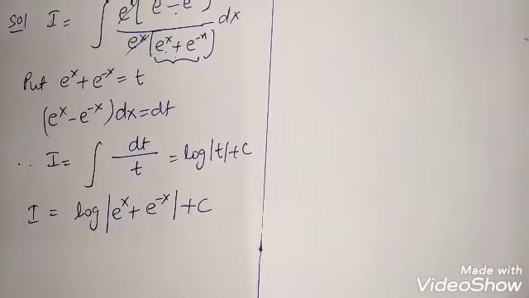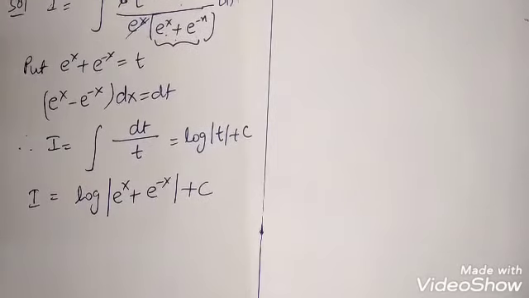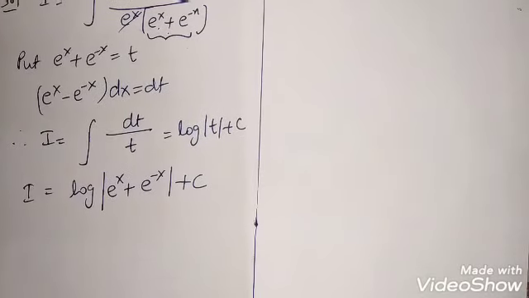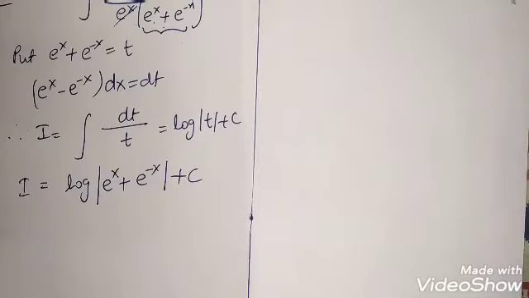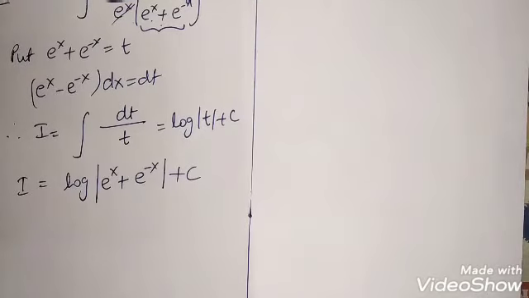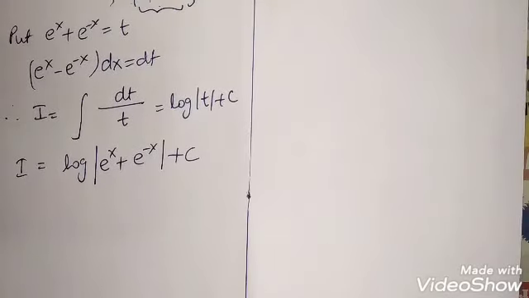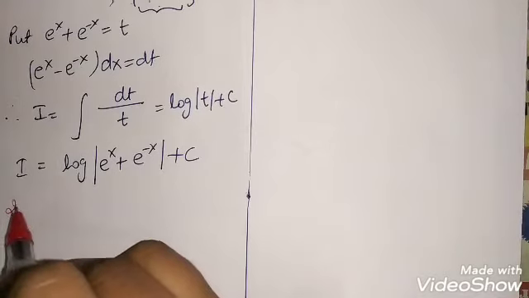Then the 20th is very much the same as question number 19. In the 20th you can directly put e to the power 2x plus e to the power minus 2x to be t. Simply, the derivative of the denominator is basically the numerator, so it's quite easy to solve. In the 21st put 2x minus 1 to be t. In the 22nd put 7 minus 4x to be t. In the 23rd put sin inverse x to be t. The 24th, I am doing for you. Question number 24, question for you.